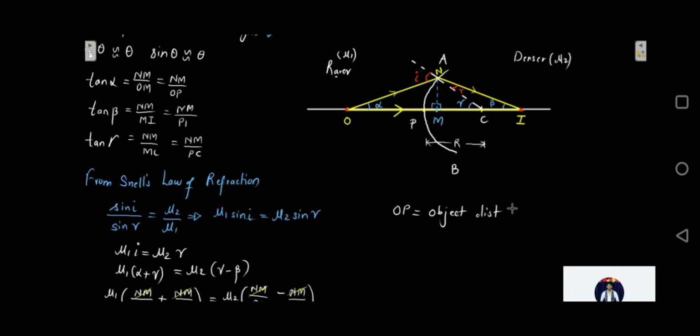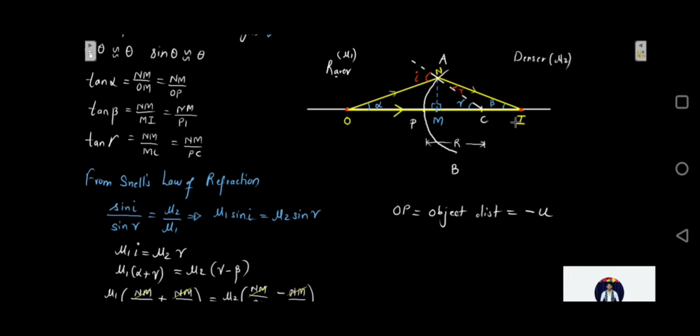OP is nothing but the object distance, and it will be measured from the optical center, and we are going in the direction opposite to the incident ray. So it is going to be negative u according to sign convention. We are going opposite to the incident ray. We have to start measuring the distance from the optical center. So you'll go from P. Rather, P is the pole over here, but you will be going from P. Okay, so it is going to be minus u, negative.